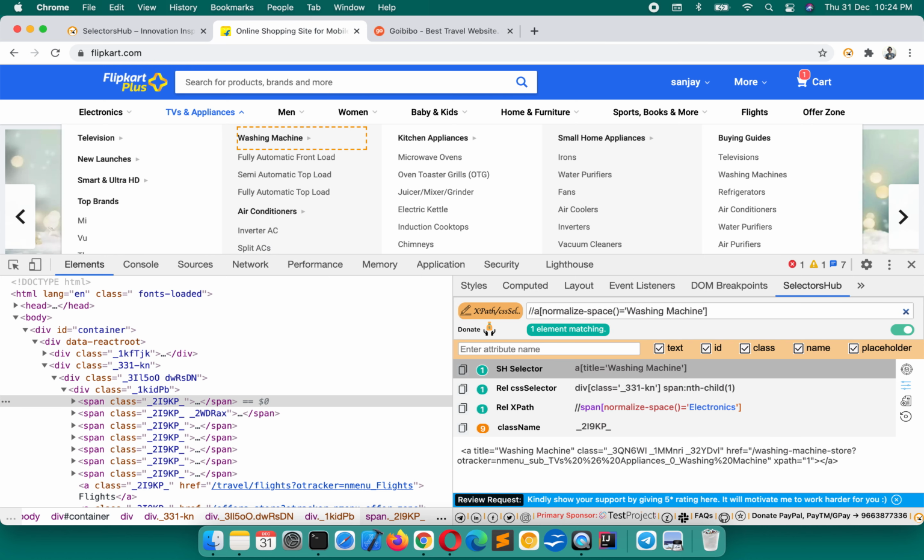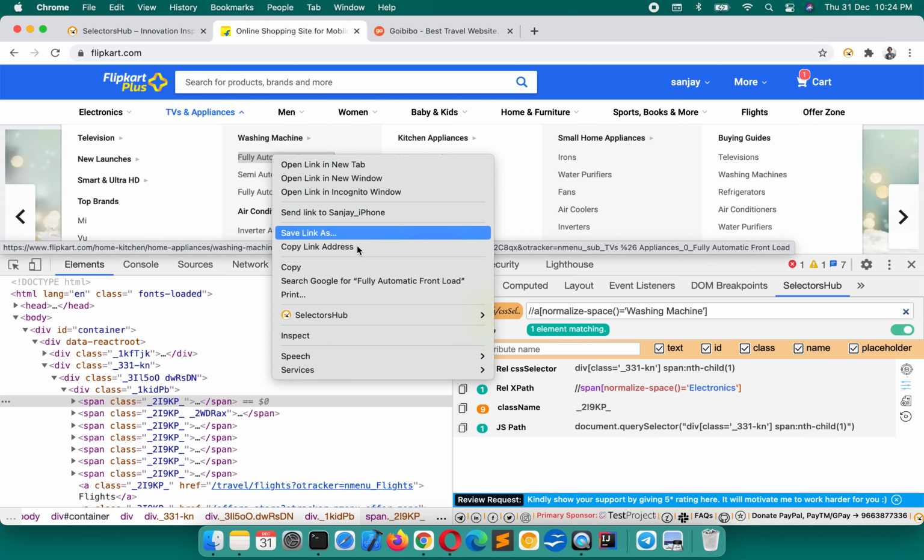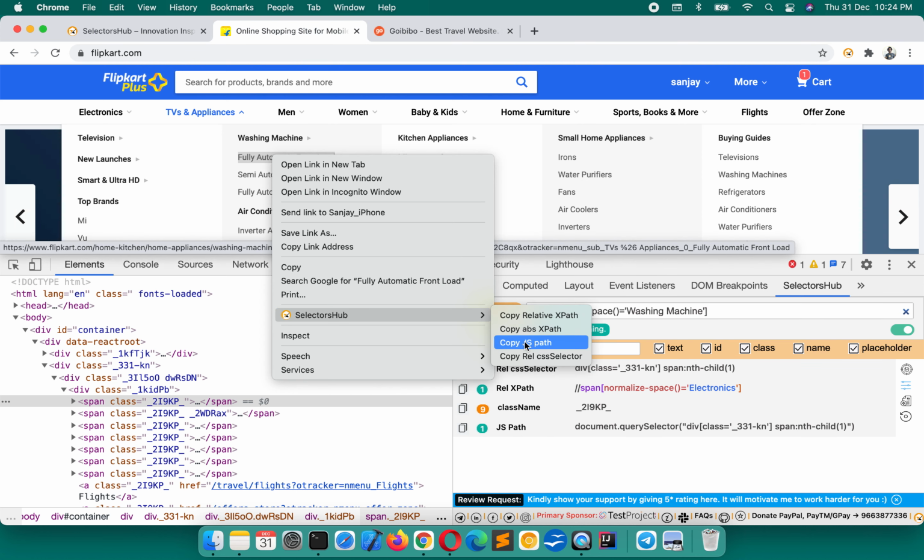It will find the matching node, because now it is loaded in the DOM. So this is a dynamic element, but tough to write the XPath for, because we are not able to find that element in the DOM. In this case the right click menu option which SelectorsHub suggests is really a lifesaver.